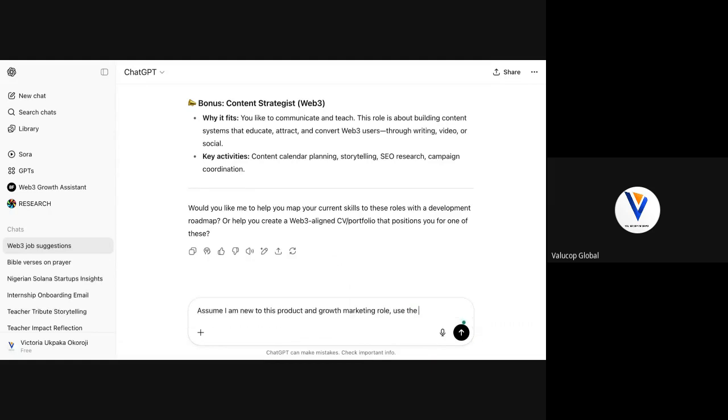Use the information below and create a roadmap for me to take me from entry level of my career to senior level, to highly sought after talent.